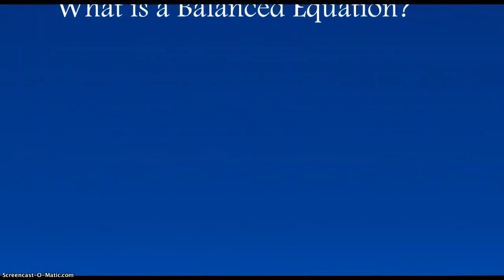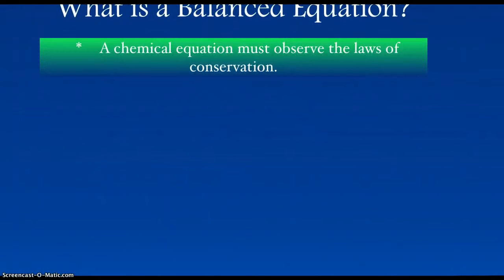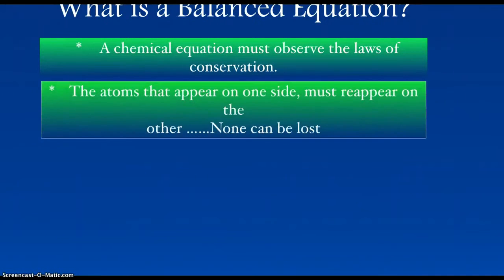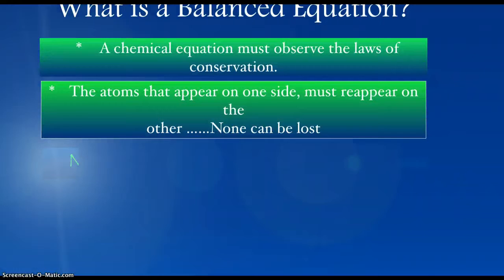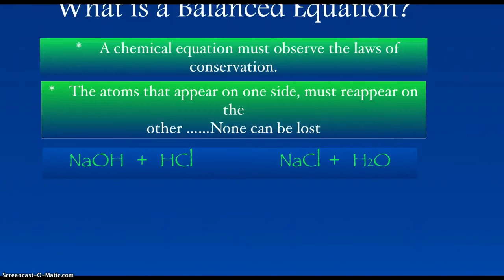So, what is a balanced equation? Well, a chemical equation basically must observe the laws of conservation, which really means that the atoms that appear on one side, the reactant side, must reappear on the other side, which is our product side. Nothing can be lost. So if we look at our example, we have NaOH plus HCl, and that turns into